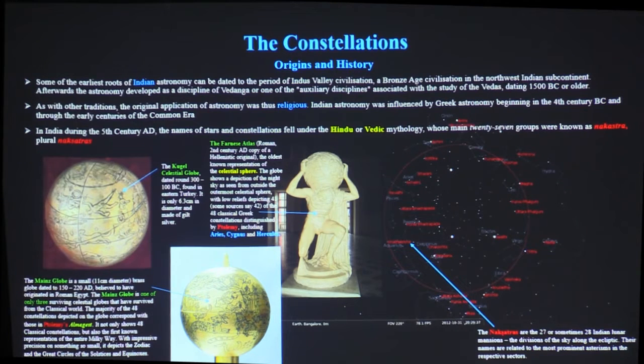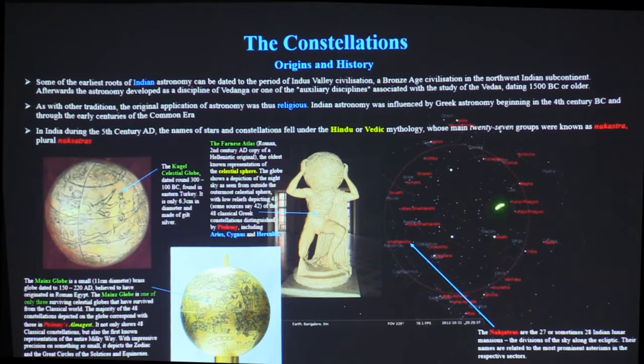So we're well acquainted with the Greek knowledge of astronomy by then. The majority of the 48 constellations depicted on the globe correspond with those in Ptolemy's Almagest. Now Ptolemy was 2nd century AD, so Ptolemy got all his information probably from the guy we mentioned earlier, Hipparchus, who had them from the other Greeks, Aratus and Eudoxus, who got their information from the Babylonians. Does that make sense? Bit of a rough sequence. So these globes are amazing.